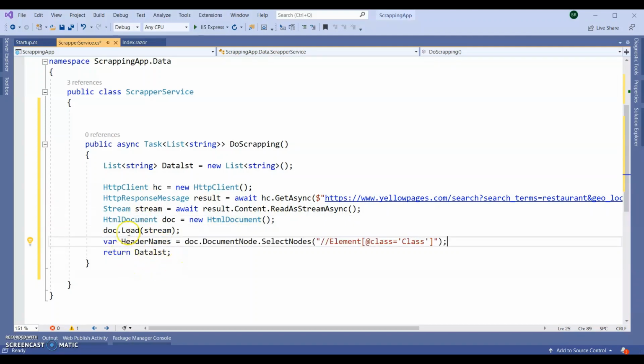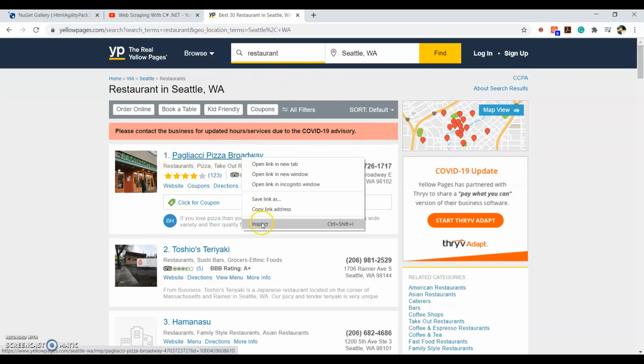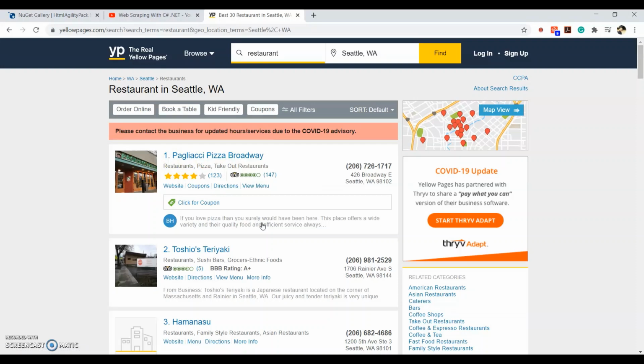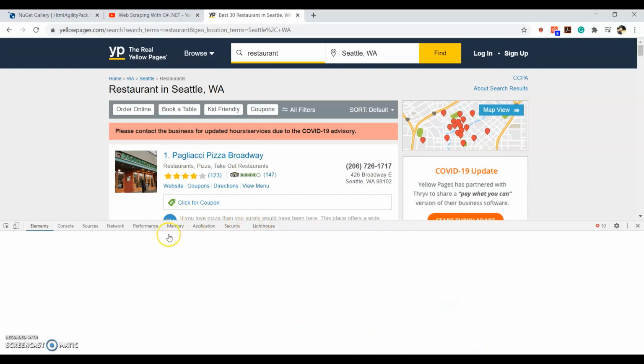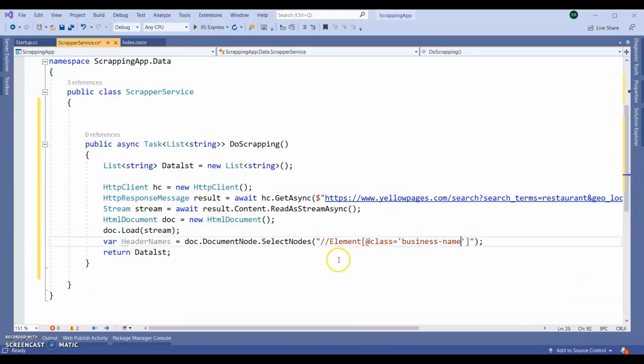Next step, I am giving a var headerNames, this is the document node, SelectNodes, what is the element and what is the class of this. So I want to check this particular label. Inspect this element and let's see what it is. This one is an anchor and the class name is business name. So the class name is business name and the element is an anchor.